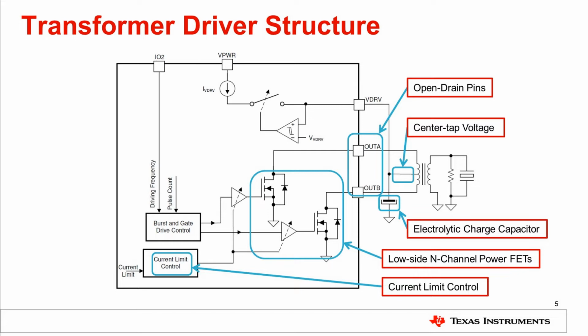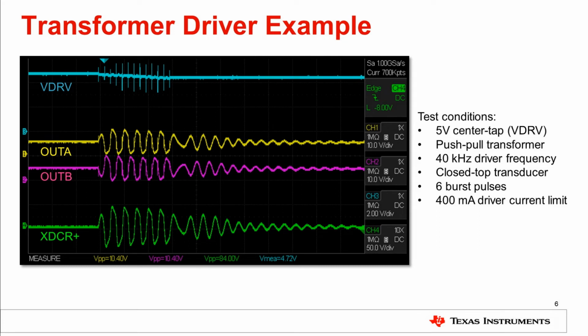For a center tap transformer configuration, the IC will drive the low side FETs in an out-of-phase manner. The IC can also support a single primary coil transformer configuration where the FETs are driven in phase. For a center tap transformer, the voltage swing on the open drain pins can be as high as 2 times the center tap voltage. If the center tap of the transformer is connected directly to the main power supply that is also shared by the device, then you must take additional precautions to ensure the maximum voltage on the open drain pins does not go above the absolute maximum limits.